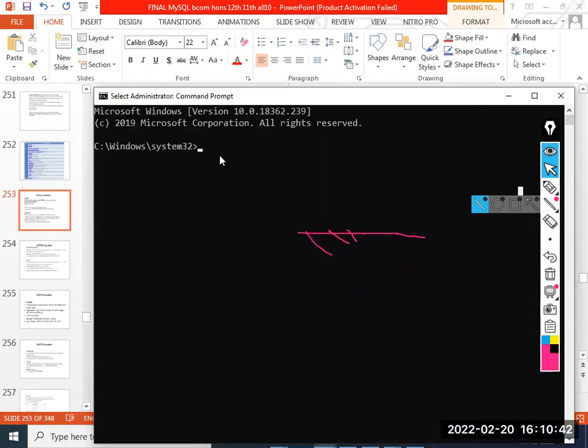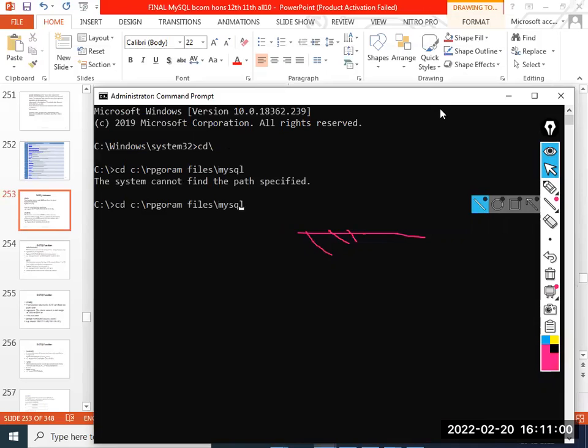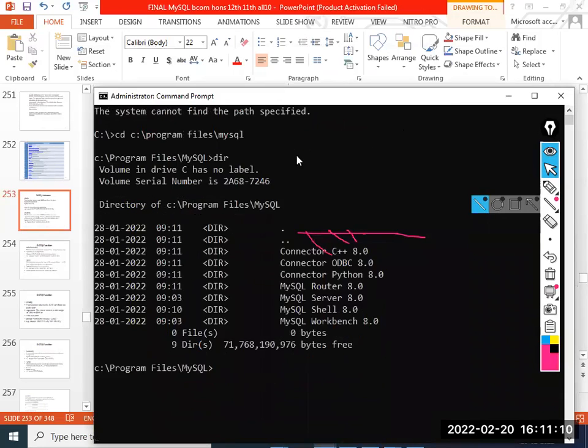Now go to where your MySQL is installed. So cd /c program files, normally, and MySQL. cd program files, then dir.